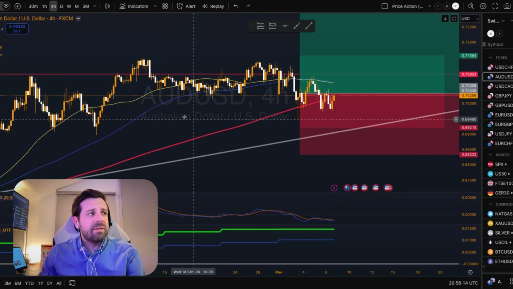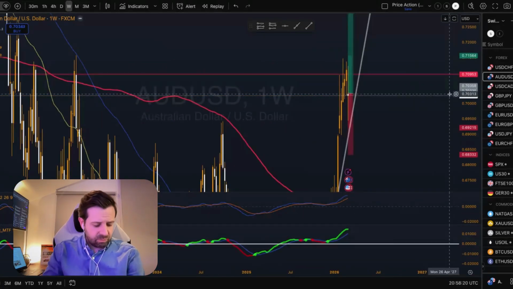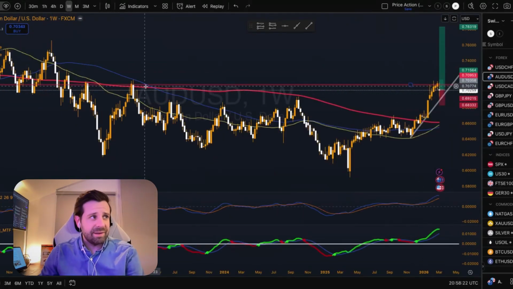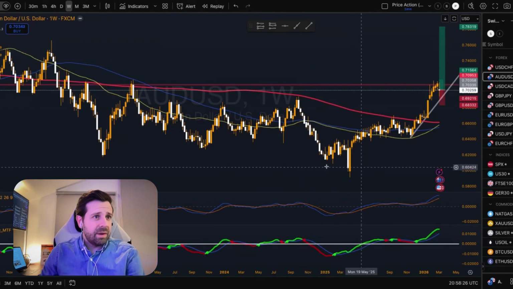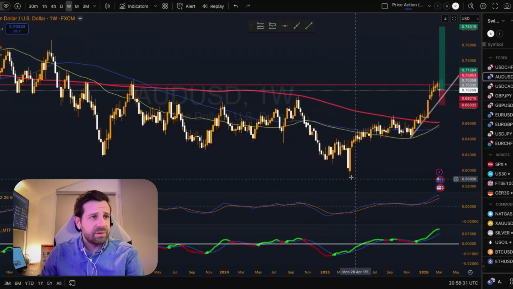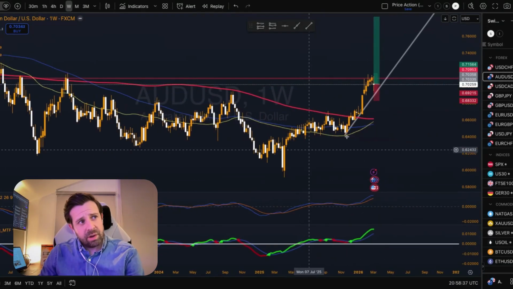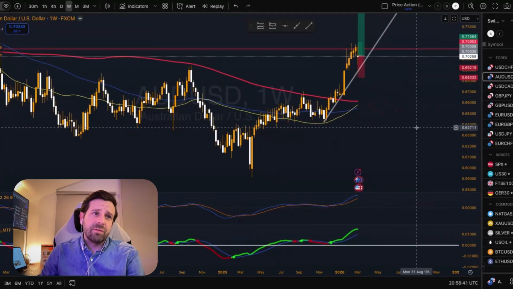Anyway, going back to the Aussie dollar, US dollar, it has been going up for a long time. Again, let's start by looking at the weekly charts, which is what we should always be doing with a top-down analysis. For a long time, this was heading down. Its fortune started to change around, well, let's call it this low, April last year, and then it started to have a nice run up. It recently stalled a little bit,